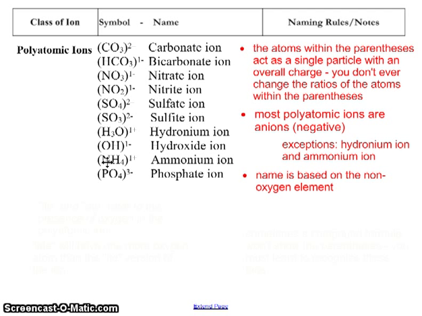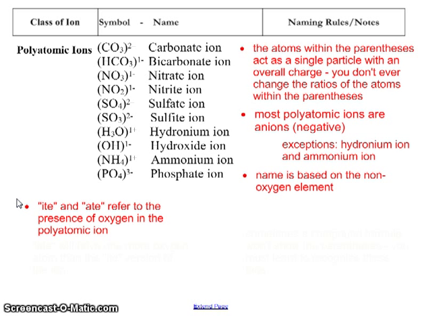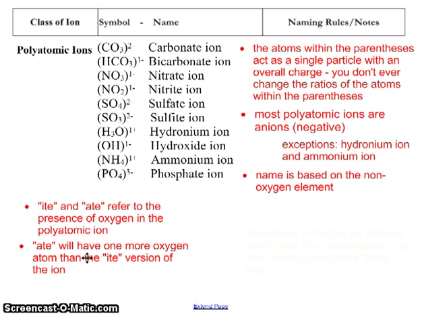But you'll notice ate and ite. Ite and ate refer to the presence of oxygen in the polyatomic ion. And if you know your ions somewhat, it actually is a naming scheme that the ate version will have one more oxygen atom than the ite version. So nitrate has NO3 and nitrite has